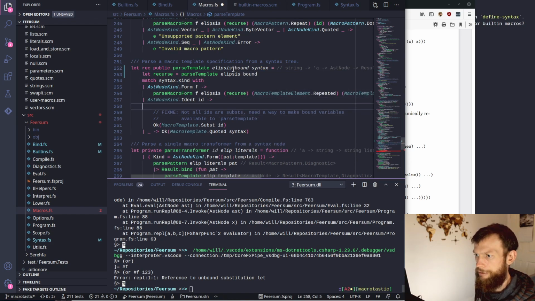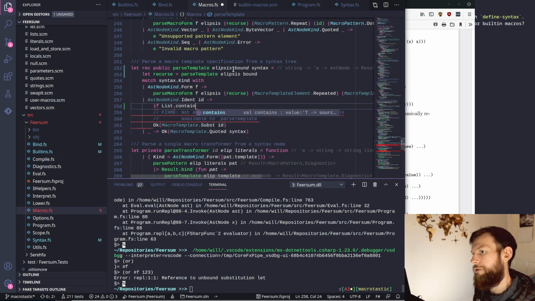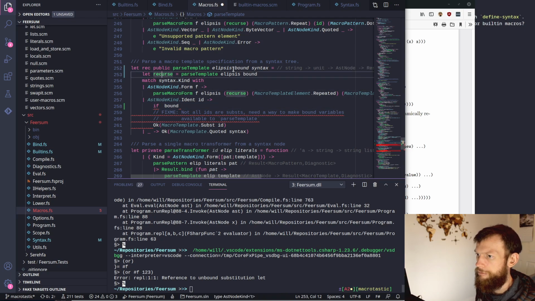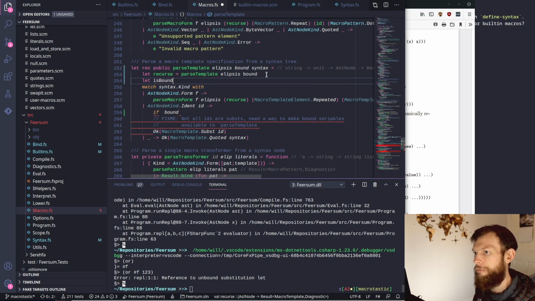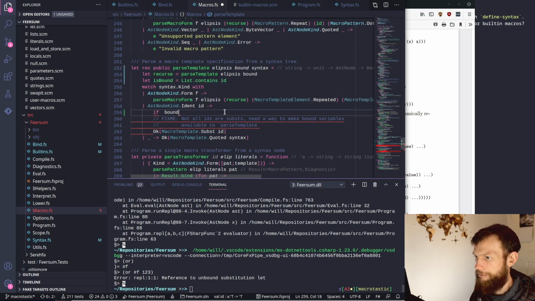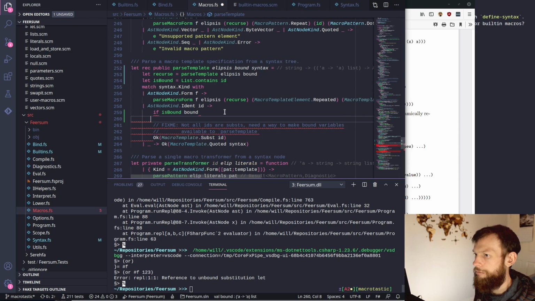Recursing's fine, and then we can say if list dot contains ID bound, and this can be if it is bound, if is bound, then